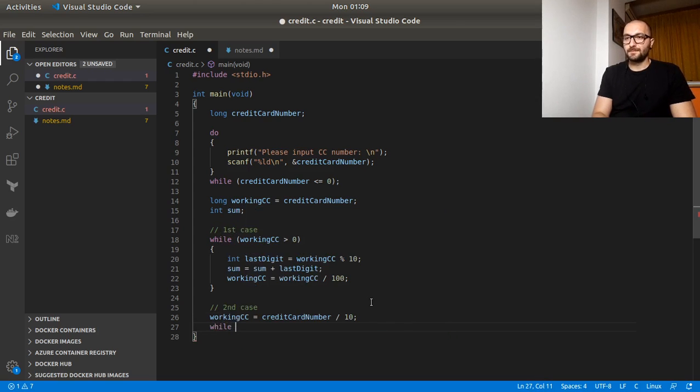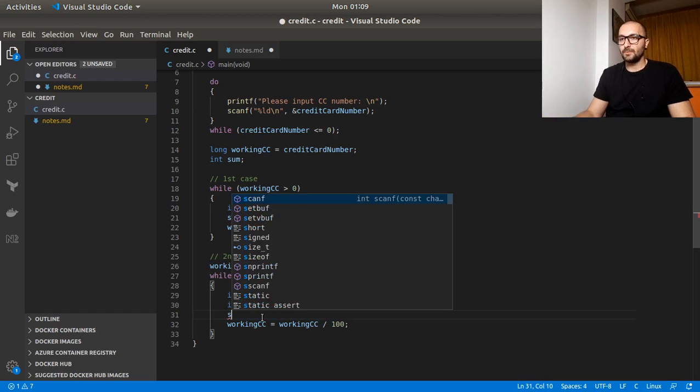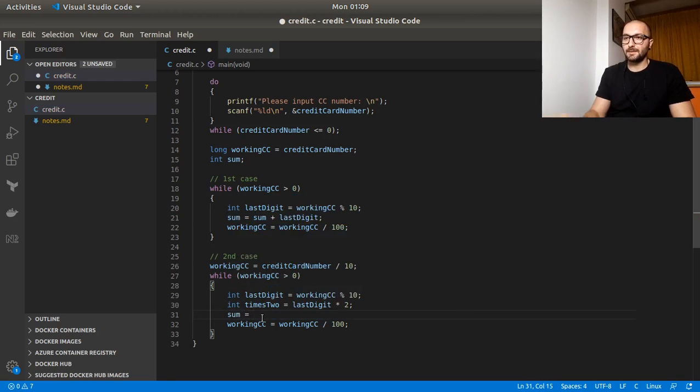So here, while working cc is again greater than 0, we will use this stuff again, basically last digit. Then we will actually have another one, and let's say times 2 equals digit multiplied by 2, and here we actually need to say something like sum equals sum plus,